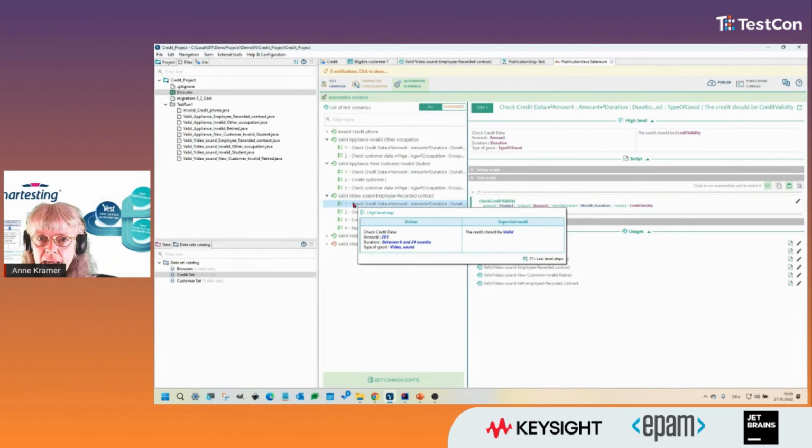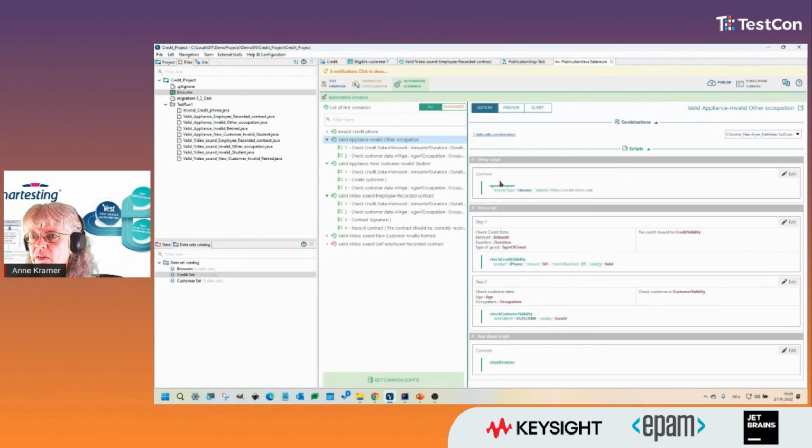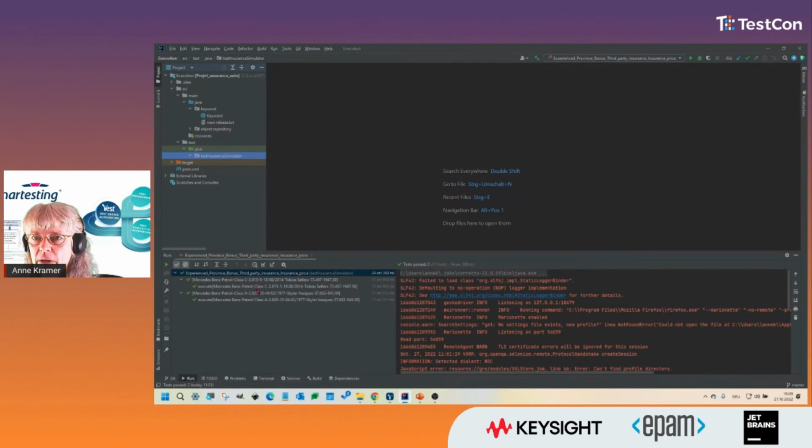So once again, this addresses the problem of lack of time. The manual testers may help in writing the test cases. You can also specify tiered setup and tear down scripts. And last but not least, what I want to show you is how you can execute those tests. But for that, I have to switch the